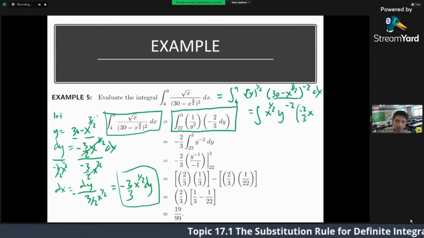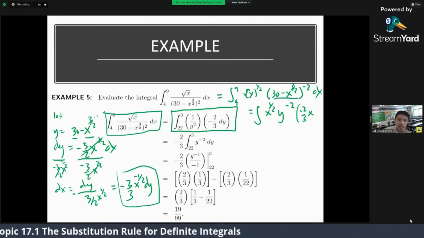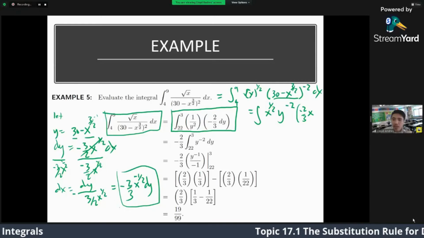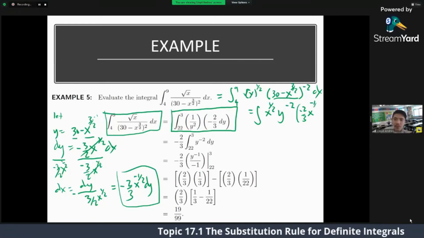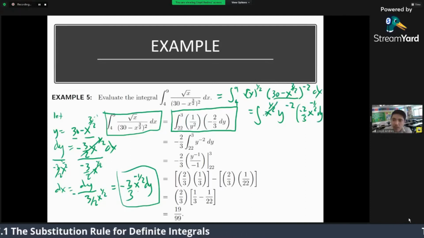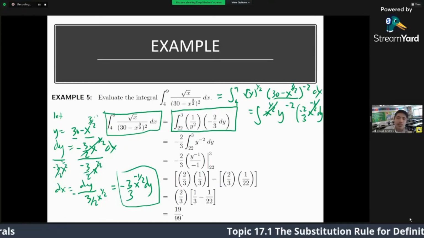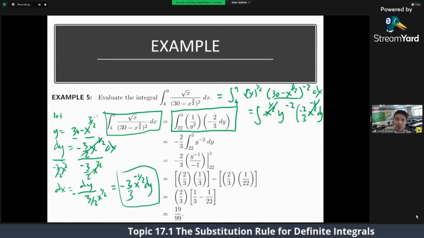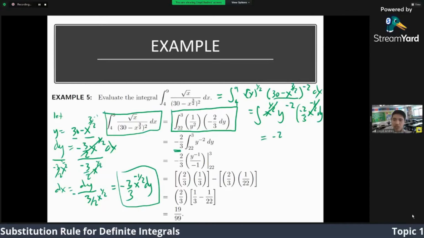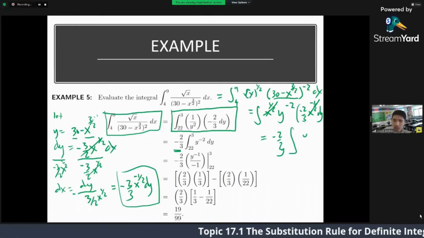By the way, sa baba man eh. Sa baba, negative 1/2 di sa ta. x raised to negative 1/2 tapos dy. So kaning x raised to 1/2 of x raised to negative 1/2 makancel out kay kung ibaba nato ni si x raised to negative 1/2 makancel sila. Then kaning negative 2/3 mao nang naay negative 2/3 diri. So simplify nato na palabas nato sa negative 2/3 integral ni y raised to negative 2